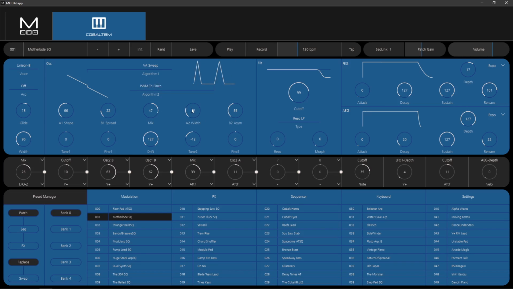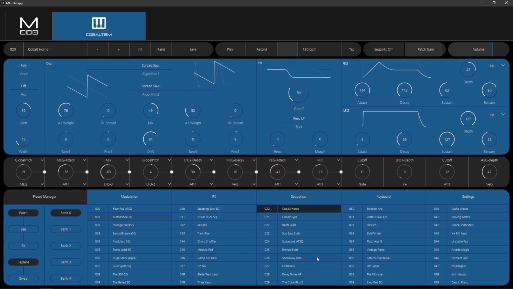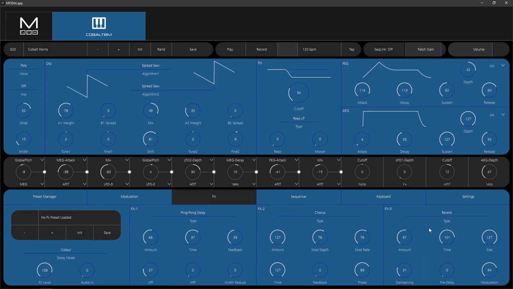Let's have a look at some of the algorithms, but keep in mind there are 34 unique algorithms including sync and ring mod, so I'll only be scratching the surface. So let's have a listen to those oscillators. I've selected the sound Cobalt horns, and so that you can hear them clearly, I'm going to mute the reverb, switch that off, and the chorus, and the delay, just so that you can hear them naked, effectively. So I'll put the mix up to fully right, so we're listening to the